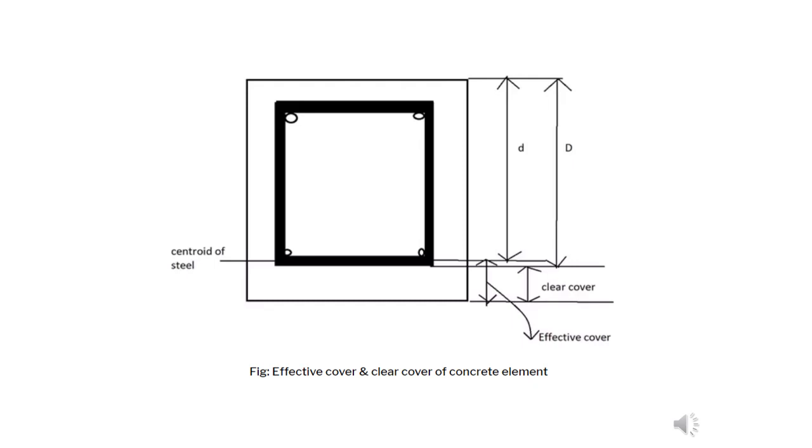This figure I have given for your clarification: clear cover means the outer side of the reinforcement, and the plaster part, for understanding, you can say. This is called the clear cover, and this is called the effective cover. So the total